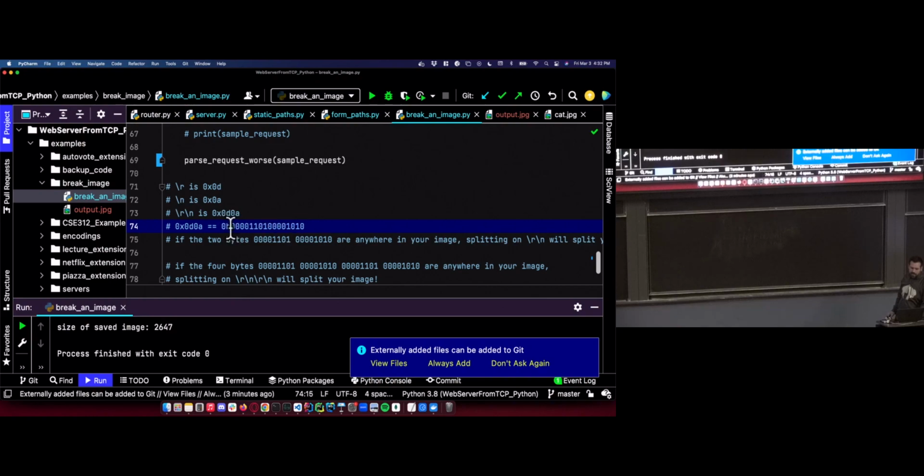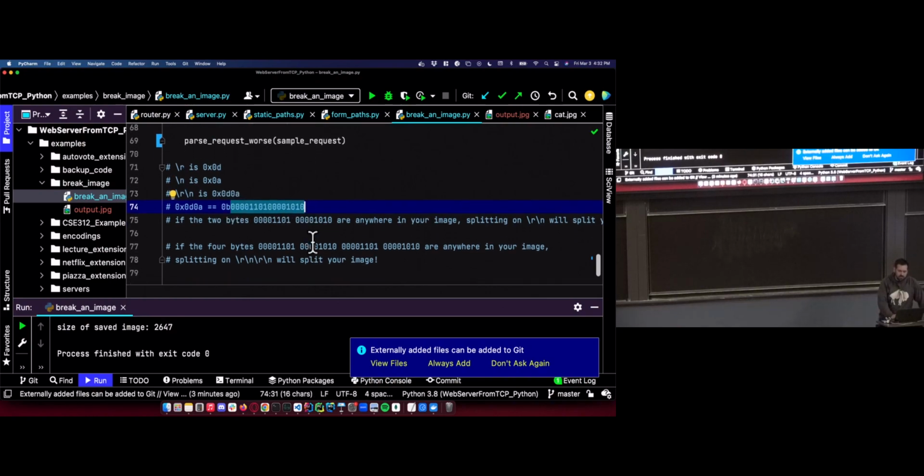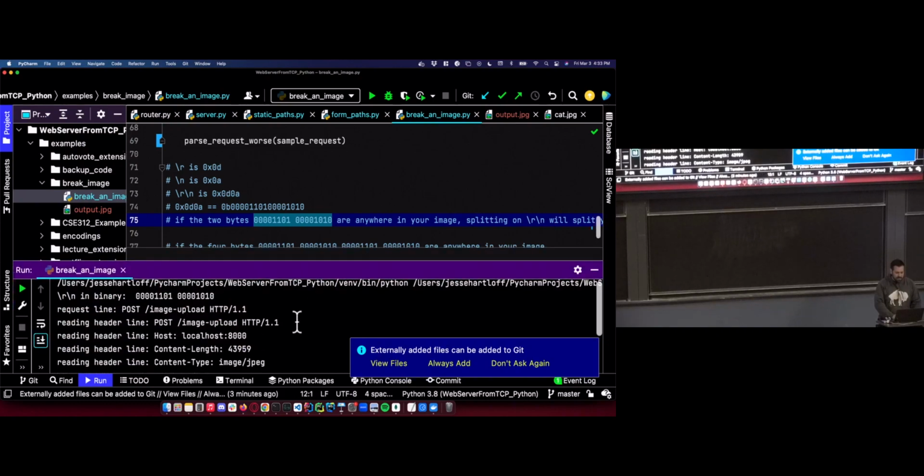The 0B means this is binary, and then these are the 2 bytes. So if these 2 bytes appear anywhere in your image, and you're splitting on \r\n, you're going to blow your image apart. So when we parse this image,